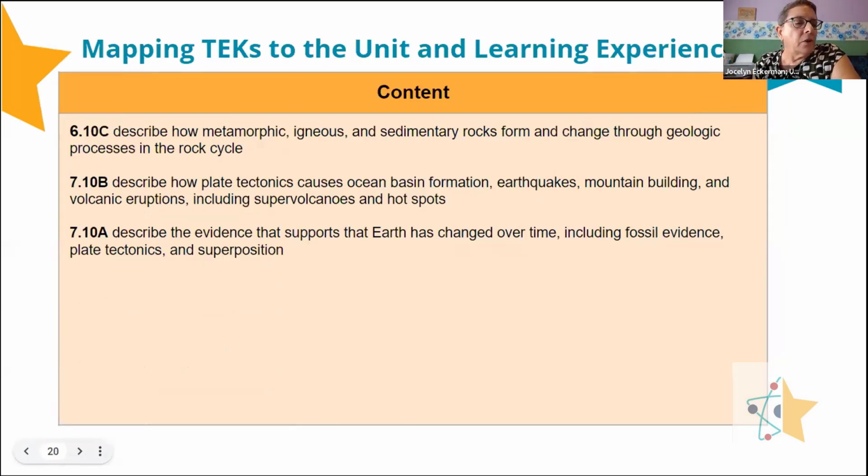Here are the 3 standards of the 2024, the new standards, that map most closely to this particular unit. And the lesson you experienced is the anchor phenomenon introduction to an entire unit that's based and structured on 3-dimensional standards. And that's why this map works much better than what we have currently. So in this one, it's really the 7.10b that maps the closest. And while the lesson we experienced doesn't actually get directly to plate tectonics right away, that's part of the mystery